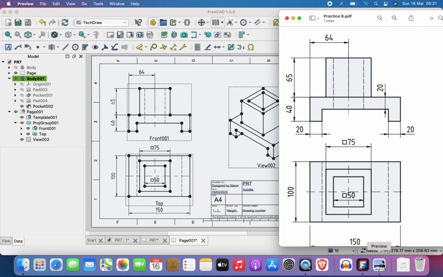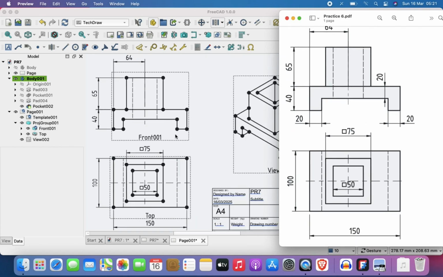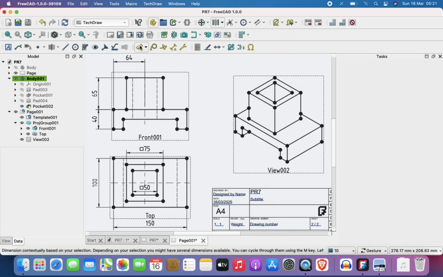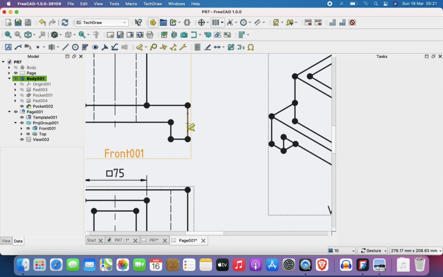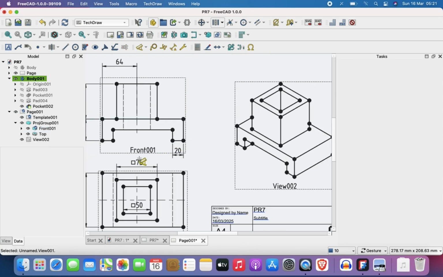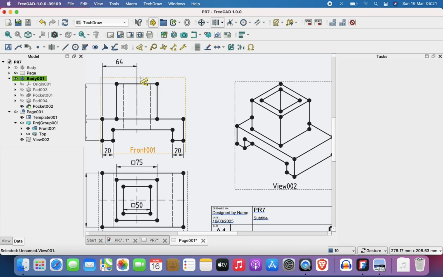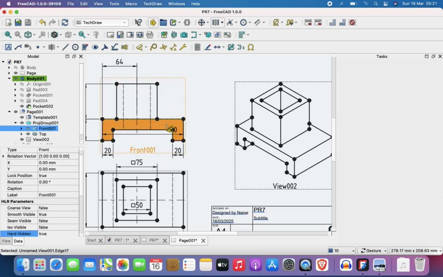So I think all of this actually fully defines my object. Let me check the reference drawing that we're given. Oh, that's true. We didn't have the dimensions from here to here, from here to here, from here to here. So let us add that. You want to make sure that your object is fully defined, or the dimensions are fully given. So I'm just going to add this like this, and this too. Then from here to here,